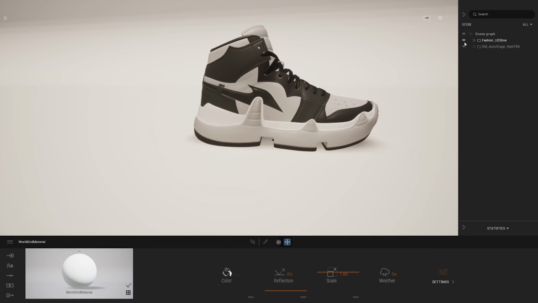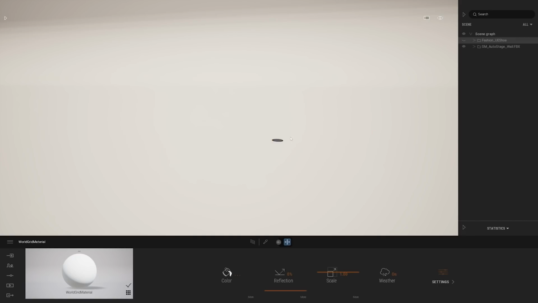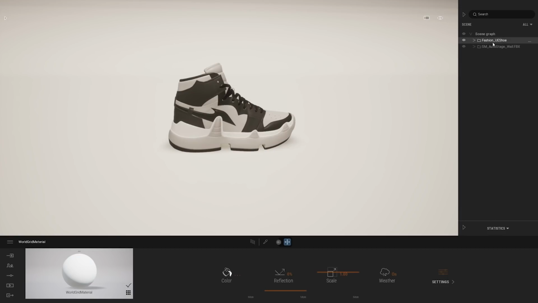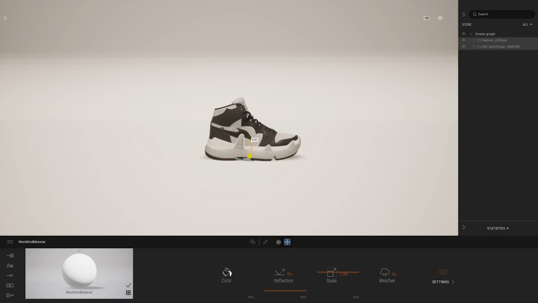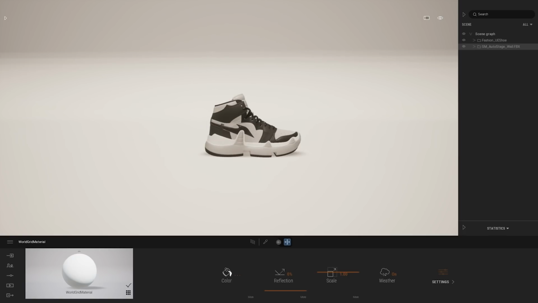Also, a tiny detail, but right now inside Twinmotion, at the center of the world, we can see this small tiny hole. It's a little bug that will be fixed soon in an upcoming new patch. In the meantime, what I'm simply going to do is select my shoe, select my backdrop, and move that a couple of centimeters up in the air. So this way, I'm not disturbed anymore by that hole.